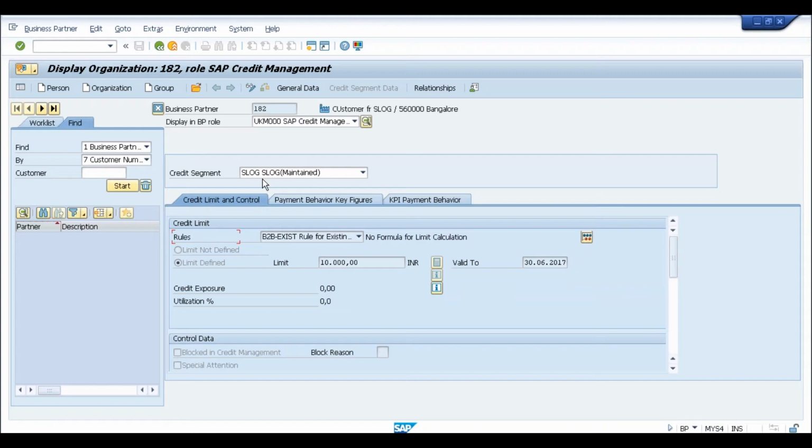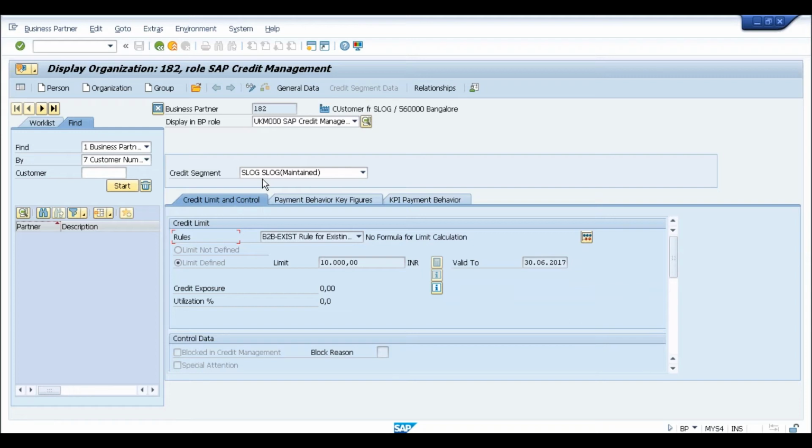BP cannot be assigned to a credit control area anymore. It's all assigned at the credit segment level. Yes. In ECC, we were specifying the credit control area. Whenever we were creating the credit customer master, we were assigning the customer and credit control area. But now, as I told you, FSCM is more than that. It can club many of your distributed landscape systems. And if you want the centralized credit limit, it has to be at the credit segment level. So even if you don't have a distributed system, the structure is like that only.